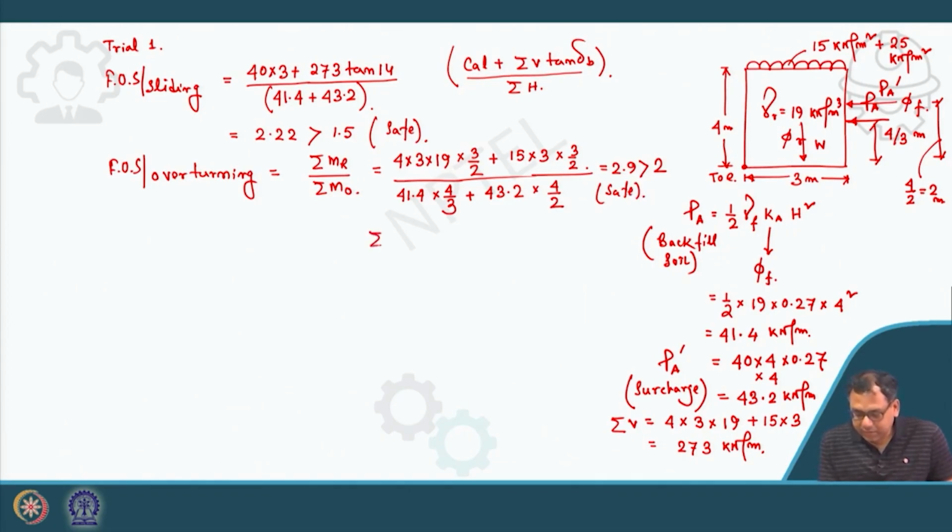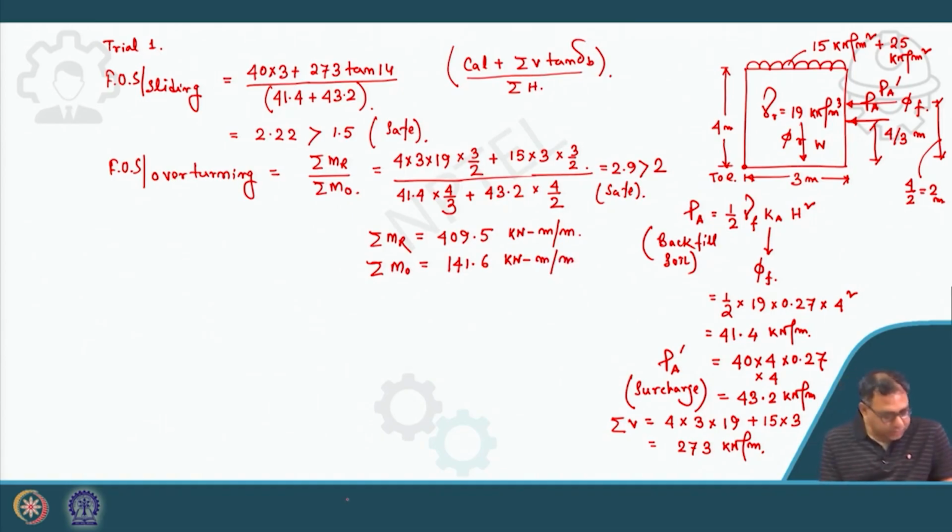So, my resisting moment is coming out to be 409.5 kilonewton meter per meter, and overturning moment is 141.6 kilonewton meter per meter. Okay. So, I can write that x will be, okay, so I think I have